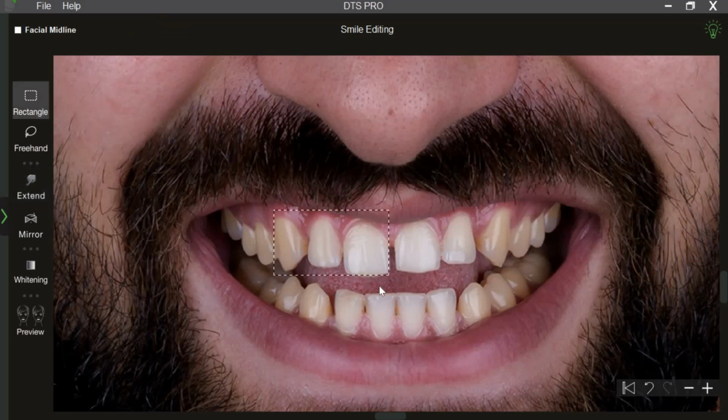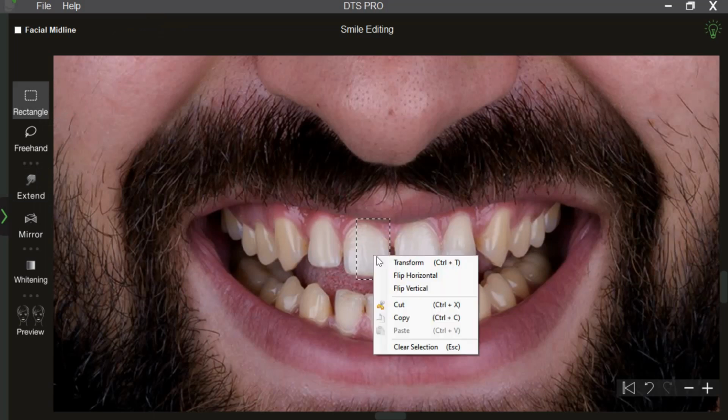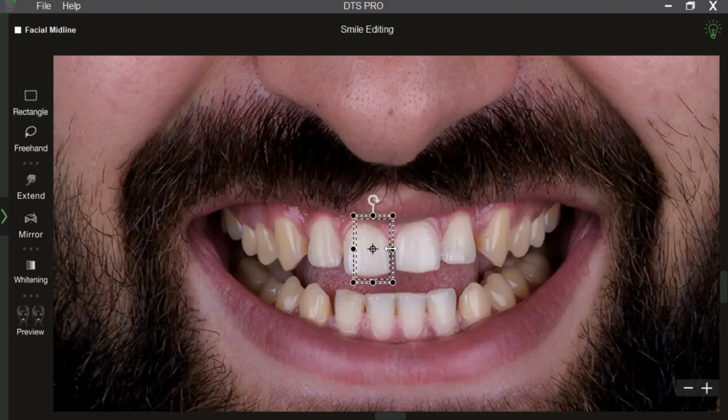You can use the rectangular selection tool to make a selection. Right click inside the selection and press transform. Right click and transform. You can come back one step using the undo tool, or you can revert all changes.